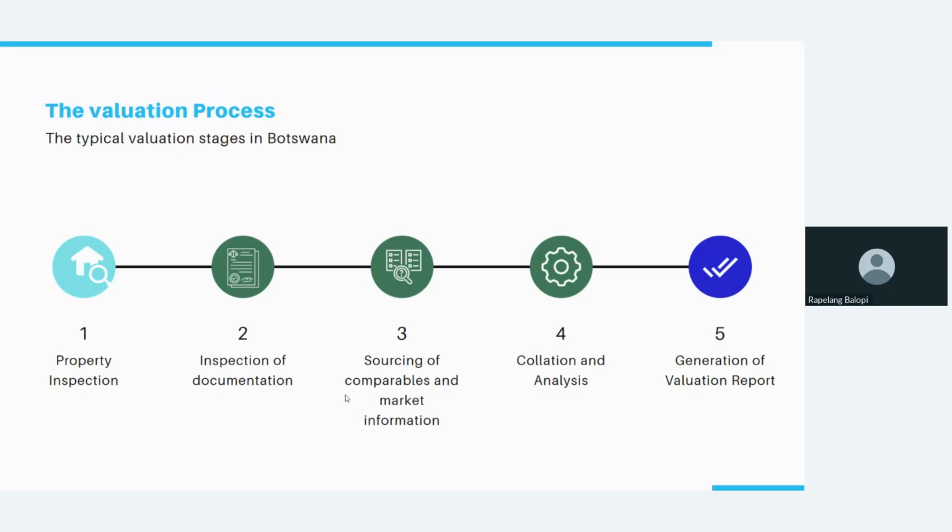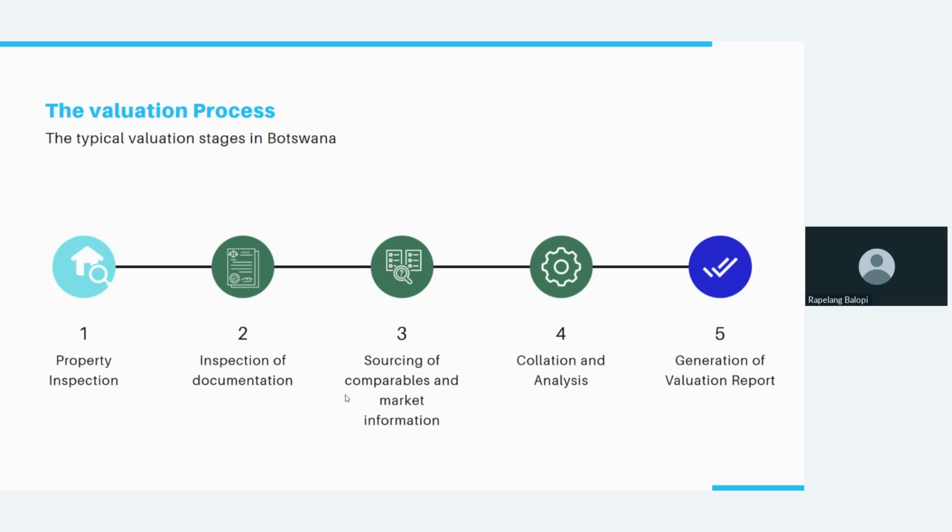What we are seeing is that the different versions of automated property valuations are not necessarily automating this entire process, but they're delving into the data processing and availing of information that has to do with all of these different processes. The inspection of documentation and the sourcing of comparables is being done at that level, and then the collation and analysis, where you find that a lot of the times the valuers who are involved in these different hybrid models are now more involved in the